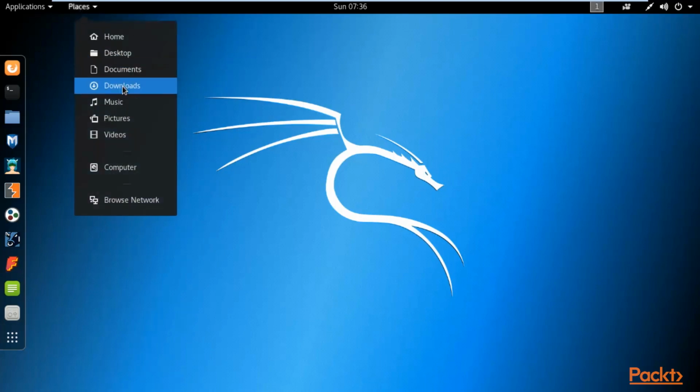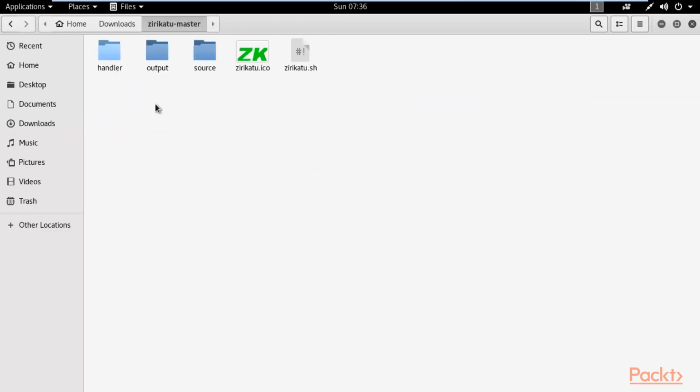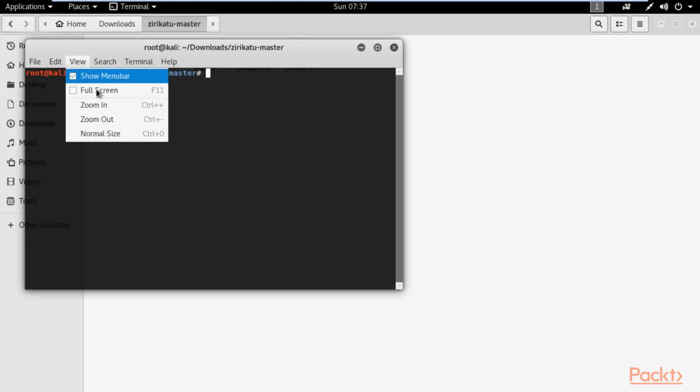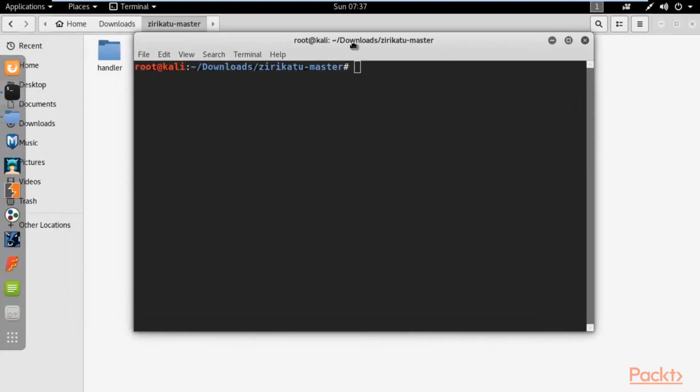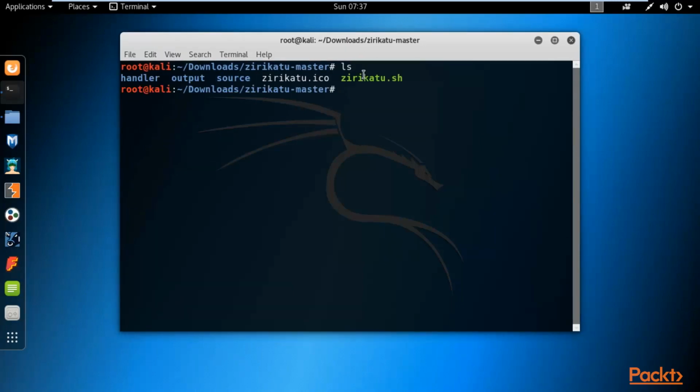So you can click on places, click on downloads. Inside downloads you can find the Ziricatu-master, double click on it, and here we need to run it. Now you can right click here, click open in terminal. Let me zoom it. Here we need to type ls to list all the files available inside Ziricatu, and we need to run this. To run it you can type ./ziricatu.sh